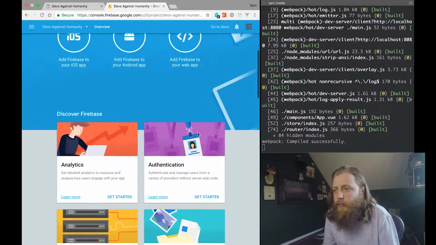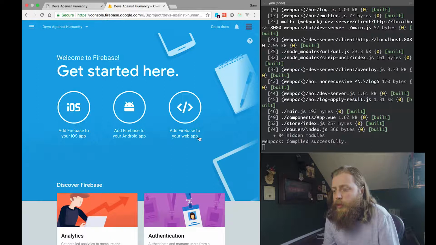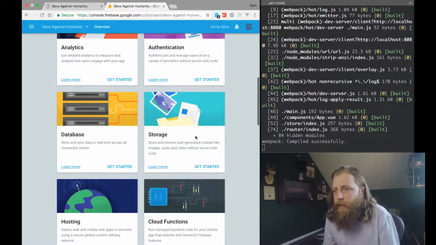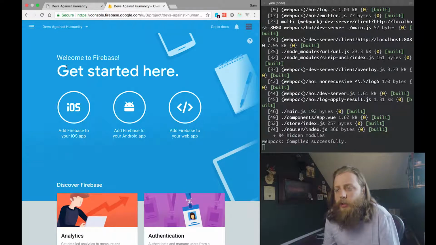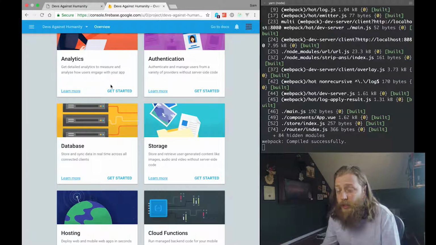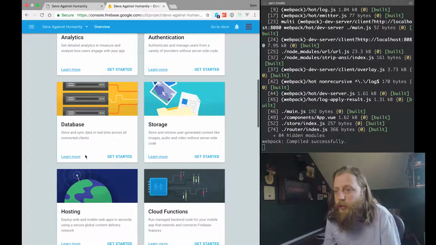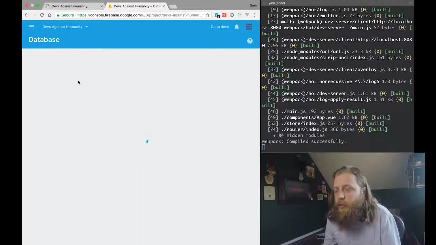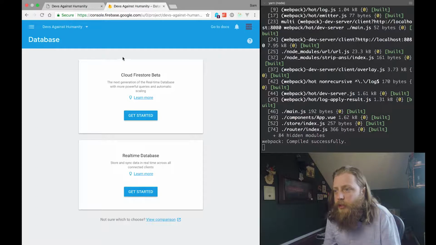Now, what we want to do is, you can use Firebase with various different things. I'm not going to do a tutorial on Firebase as such. It's a whole other thing. It's really nice though. I'd recommend you do take a look at it. But we just want the database stuff. So if I jump into the database,